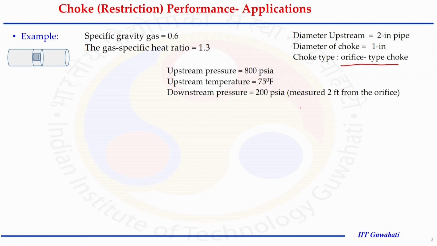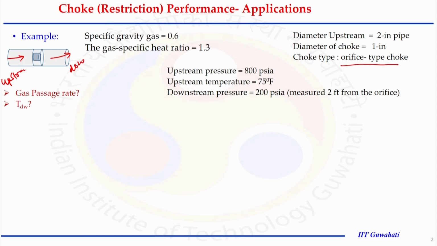Further, if we see what other information is required and given to us, it is the upstream pressure and the upstream temperature. So, here is the upstream, and this is the downstream, and flow is happening in this direction. The upstream temperature and upstream pressure are given to us, the downstream pressure is given to us, and let us see what is asked. We can calculate the gas passage rate, the production rate of the gas per unit time. That time could be a day, month or whatever, but the standard condition is per unit day.